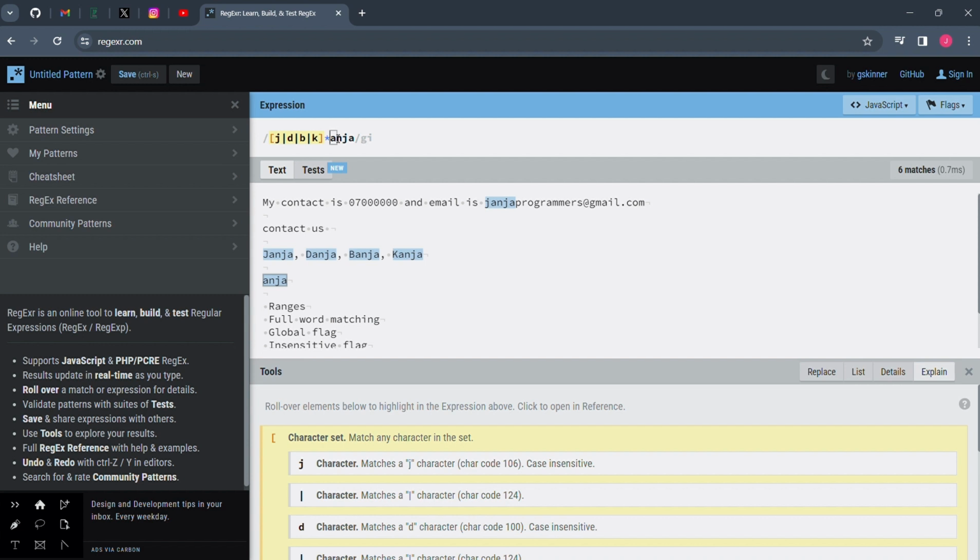So whether or not there is a character before Janja, that occurrence of Janja will be highlighted. But if you use the plus symbol, then there must be at least one character before Janja, such that if you search for Janja alone, the occurrence of Janja will not be highlighted. So if you use Z, you see that it's still not being highlighted because we don't have Z passed among the optional fields. Now if you remove this,